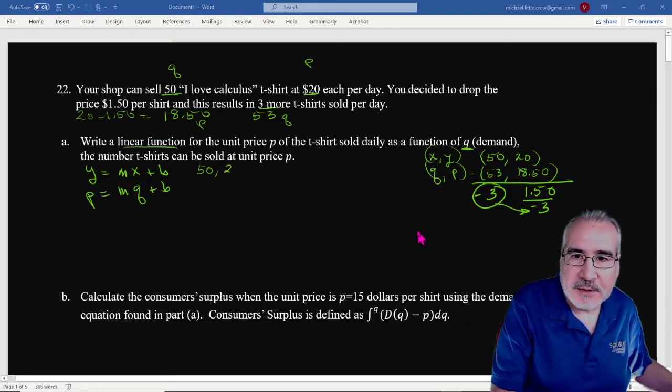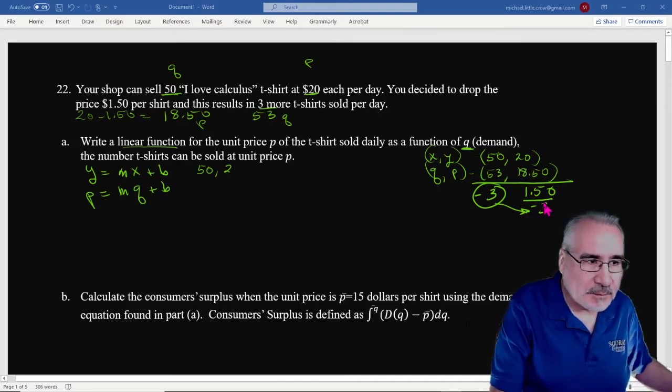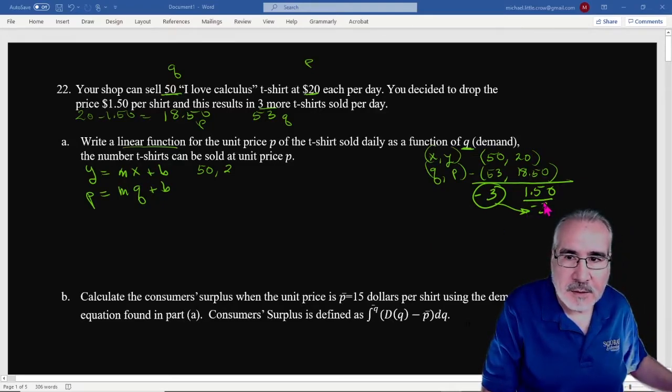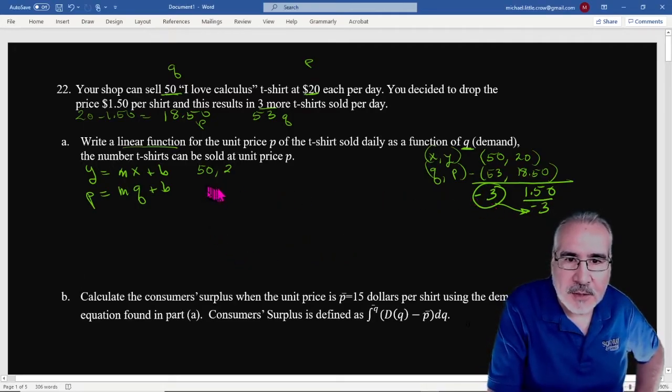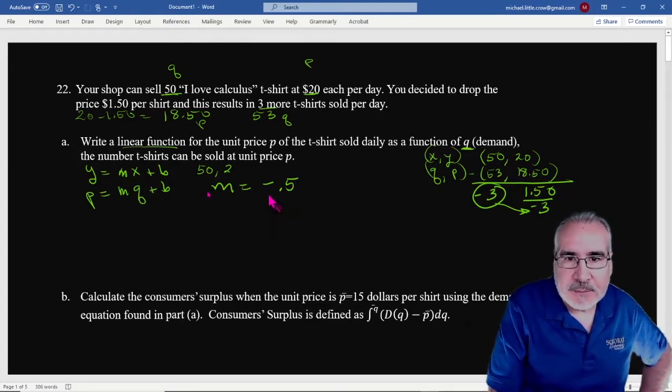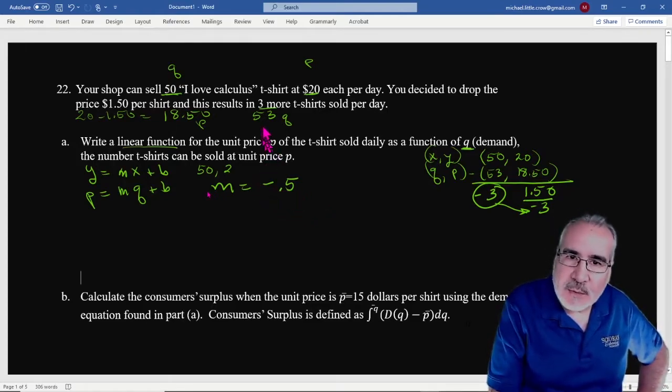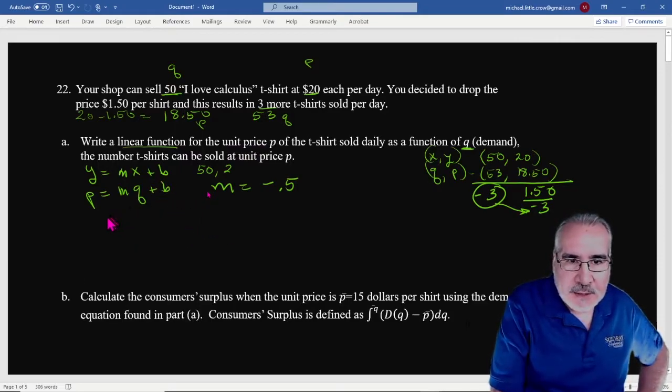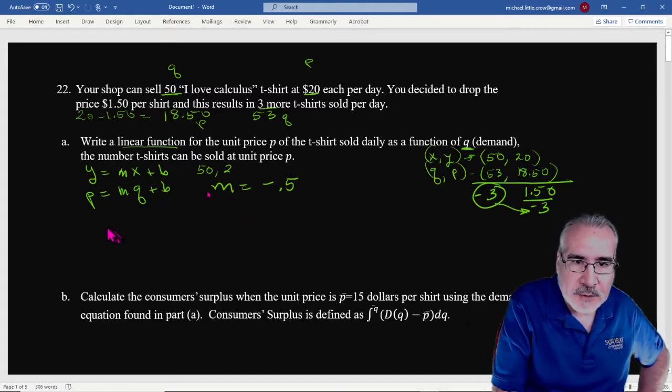But anyway, our slope here, let's go back over here. There we go. I got the pen working again. Our slope is going to be negative 0.5. So we're going down. So as we reduce it by 50 cents, we'll sell 1 more because it's linear. Okay, and what's our y-intercept? Well, we plug in one of the points, right? Let's go with 50 and 20. We use our slope, so we get